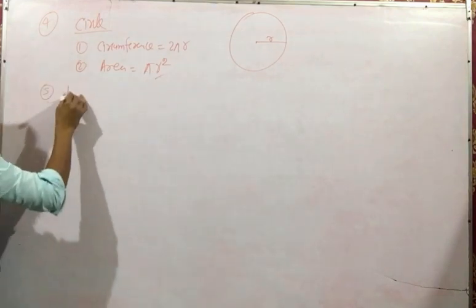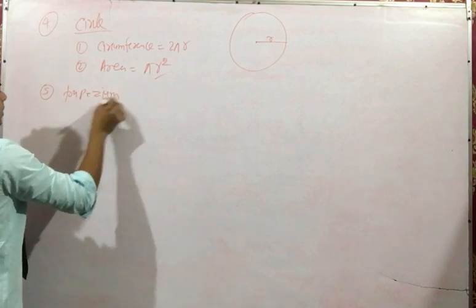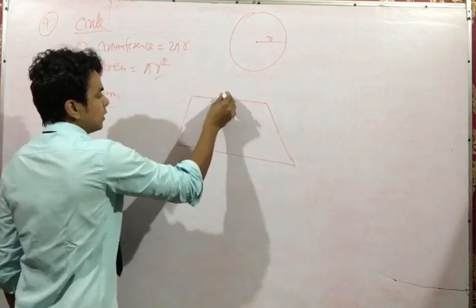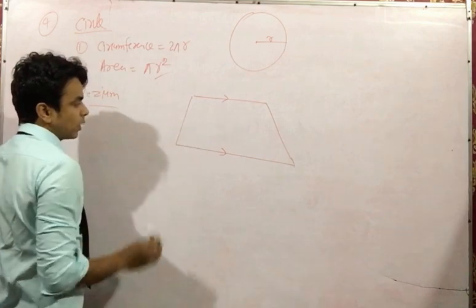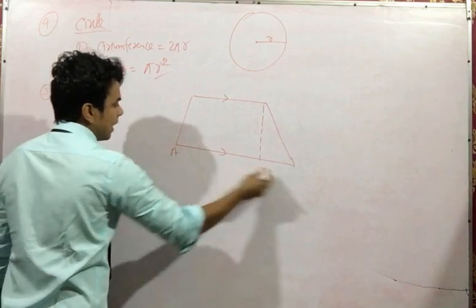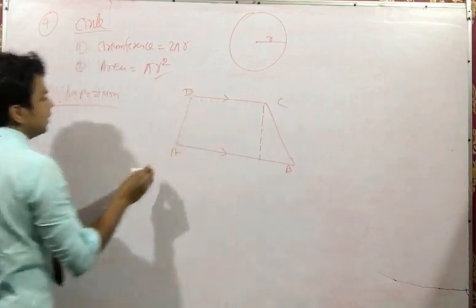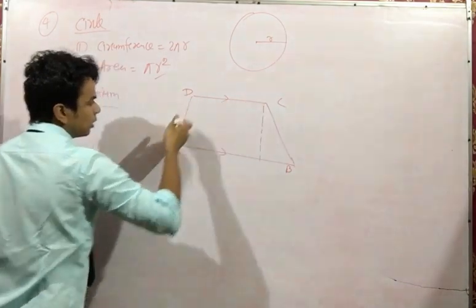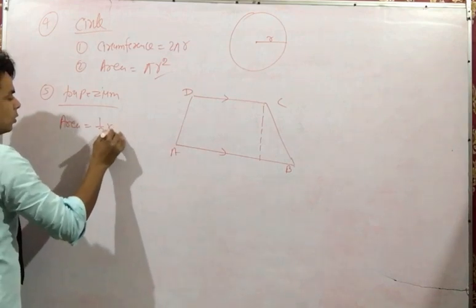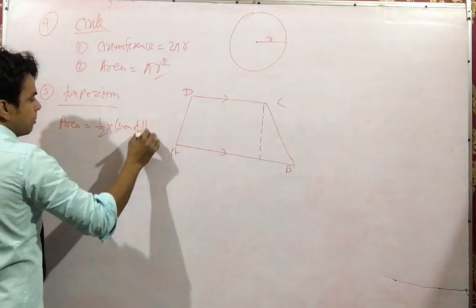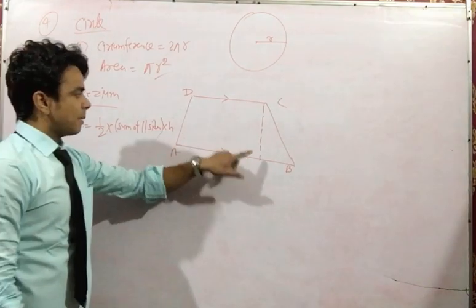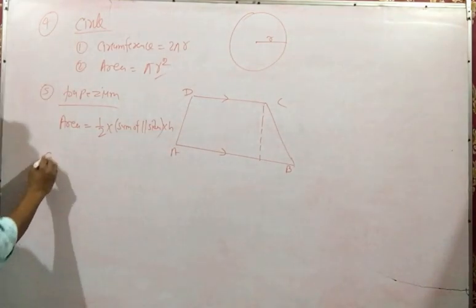Now, fifth step is trapezium. Trapezium is a 2D shape in which one pair of sides is parallel. These are non-parallel sides. Okay, and this is the height. Let us call these sides A, B, C, and D. The first thing is perimeter. It's simple. You can calculate the sum of all the sides. Main thing we are focused upon is area. Area is half into sum of parallel sides multiplied by height. This is the area of trapezium. Now sixth shape is a rhombus.